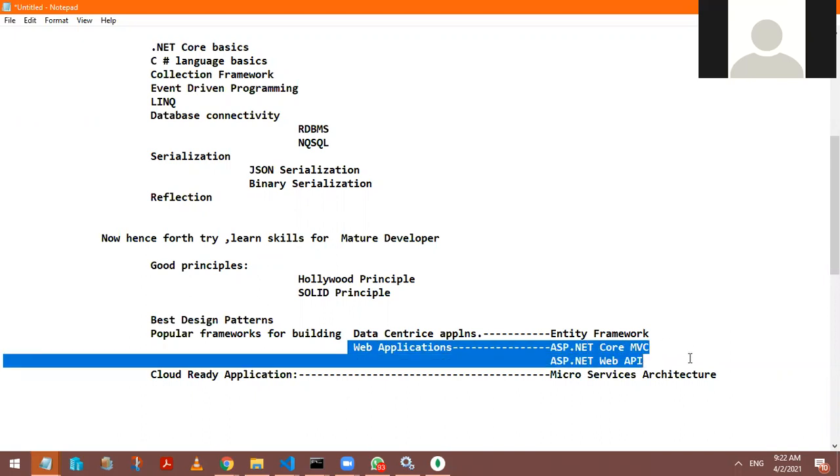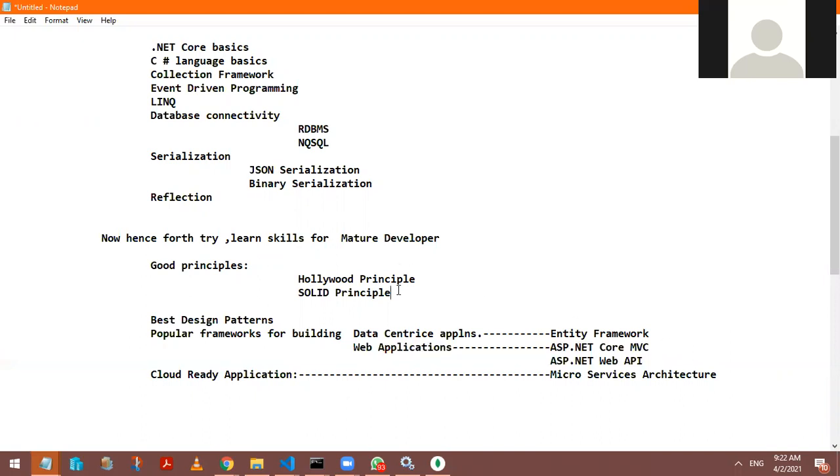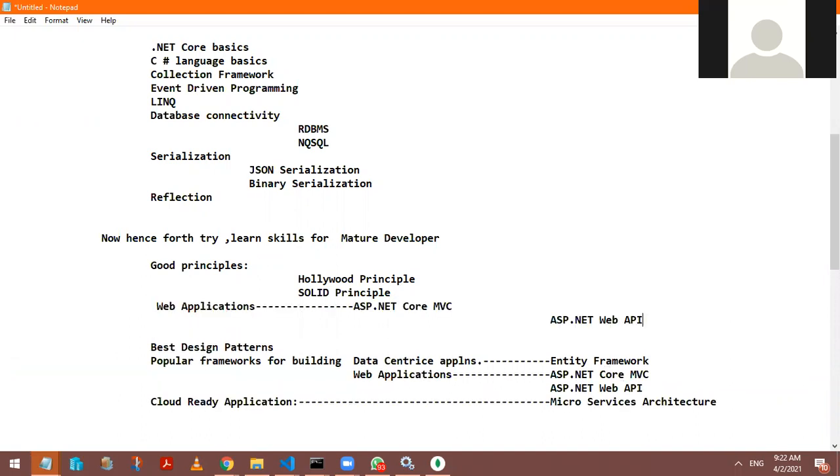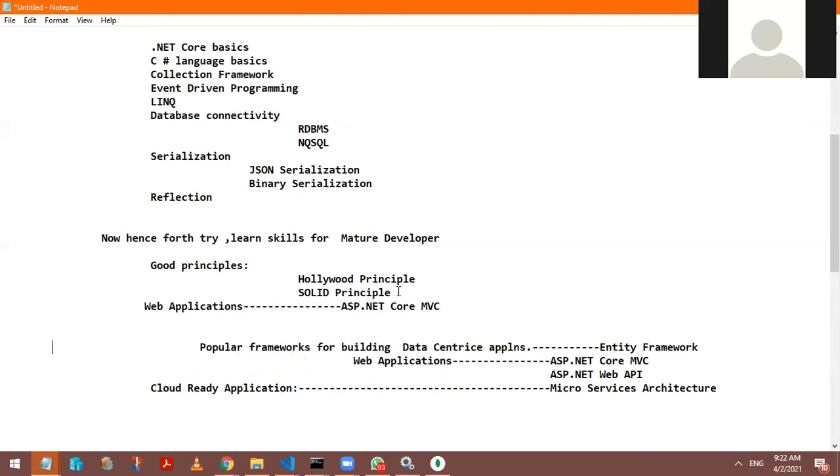So I really want to make this your journey now. Next week is totally focusing on ASP.NET Core, and the next week we'll be focusing on Entity Framework. And the next week is going to focus on your Web API.